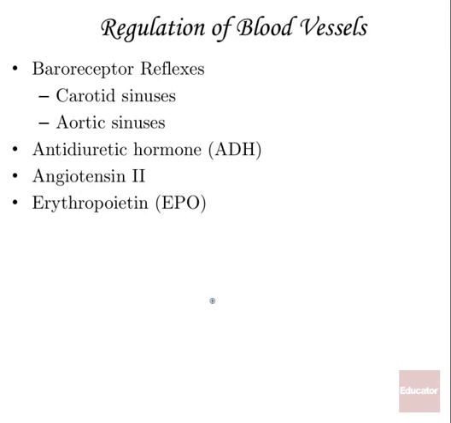Regulation of blood vessels in terms of peripheral resistance, how much they're constricted or relaxed, you're able to notice, without even thinking about it, through baroreceptor reflexes. In the carotid sinuses and aortic sinuses, in the blood vessels of the carotid arteries going up into your head and the aorta taking blood out of the heart, you have the ability to notice the amount of pressure going through those particular arteries. That communicates with your brain, and depending on what the needs are, those signals can stimulate some manipulation of your blood pressure. For instance, antidiuretic hormone,